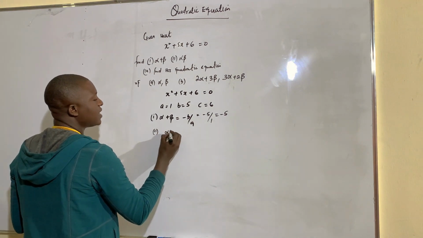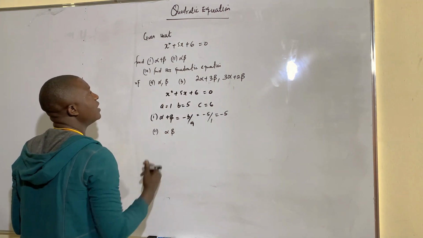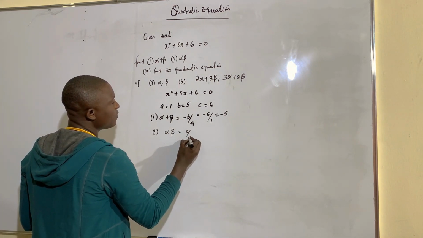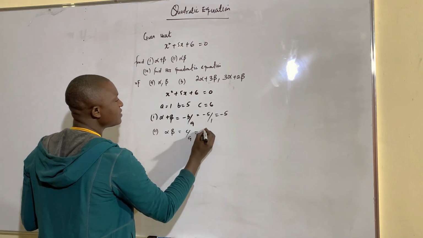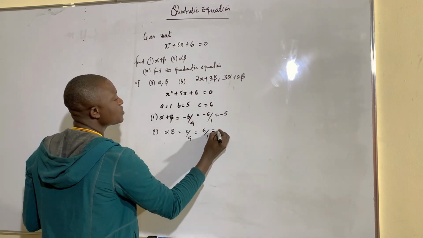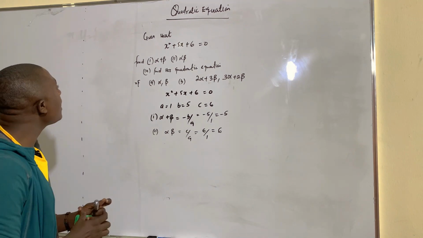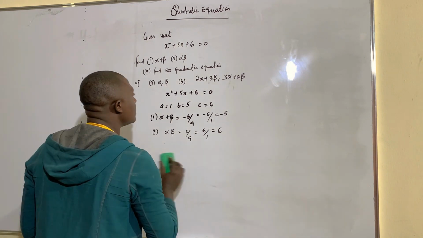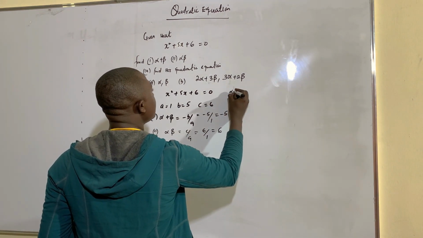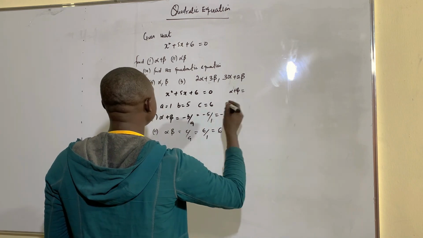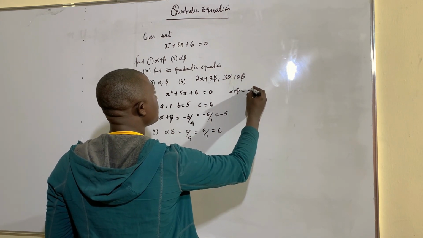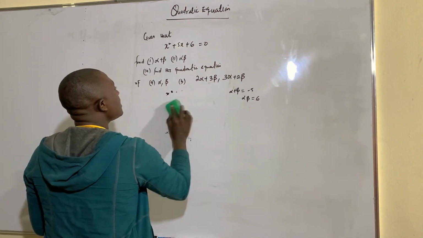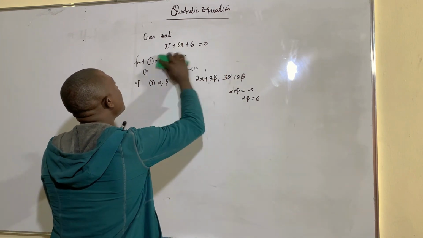Then the second one, we have to find alpha beta. We need them in all these problems. So alpha beta is c over a. Our c here is 6 and our a remains 1. So here we have 6. Now we have to find another equation. Let's write out the answers we got so that we note them down. Our alpha plus beta is minus 5. Alpha beta is 6. Now we have to find